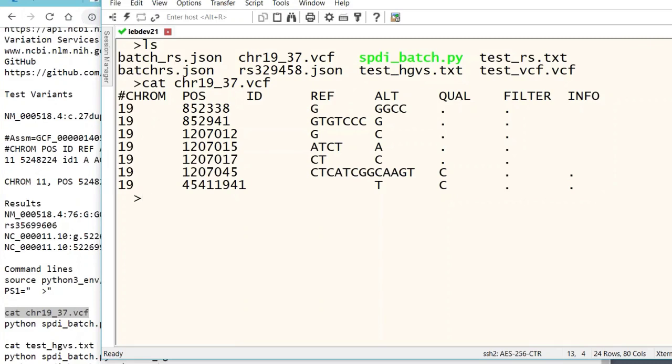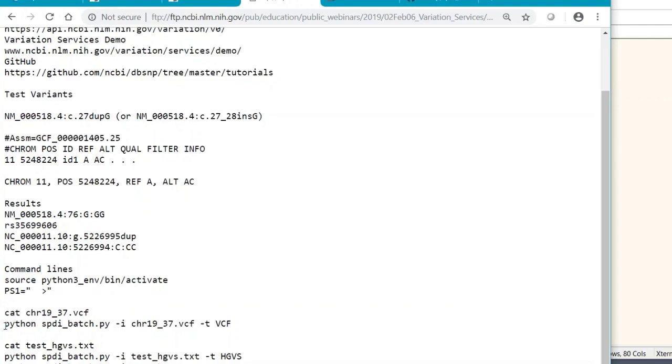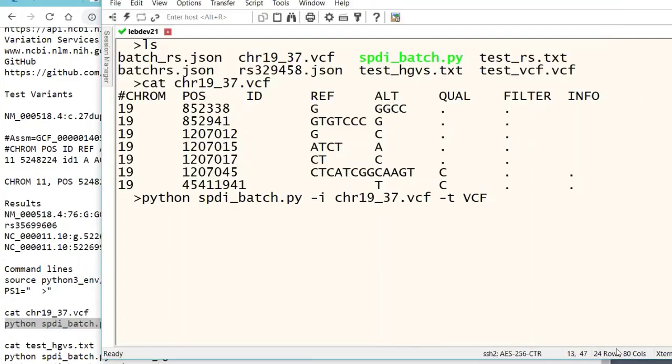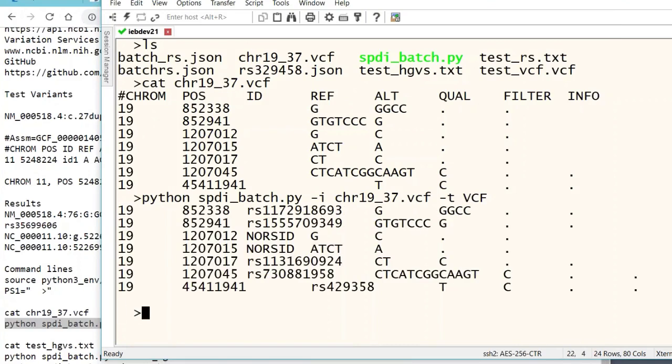And what we can do with this particular part of the script is we can go ahead and put the RS IDs in there. So here's a command line that will do that. And I'm just pasting these in so you don't have to watch me type. Okay, so now we can see we have RefSNP identifiers. Notice that a couple of these variants do not have RefSNP identifiers, and it lets you know that, which is a useful thing. And so you could go ahead and try out some of these other examples if you want